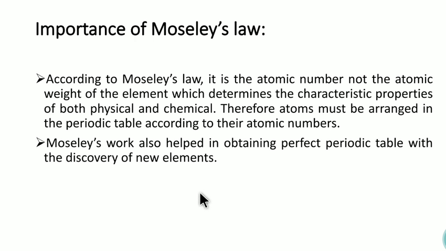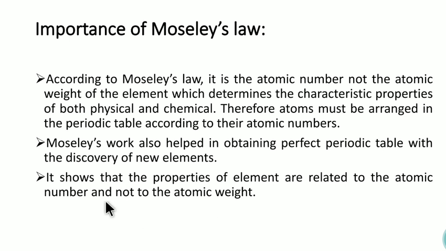Moseley's work helped in obtaining a perfect periodic table with the discovery of new elements. It shows that the properties of elements are related to the atomic number and not to the atomic weight. We can use Moseley's law to determine the characteristic wavelength for different elements when their atomic numbers are known. Students, in the next video